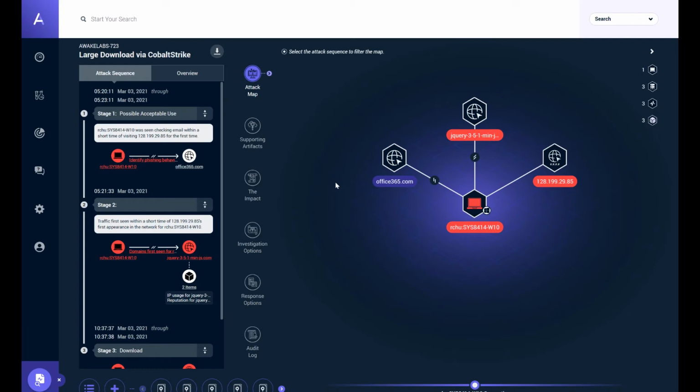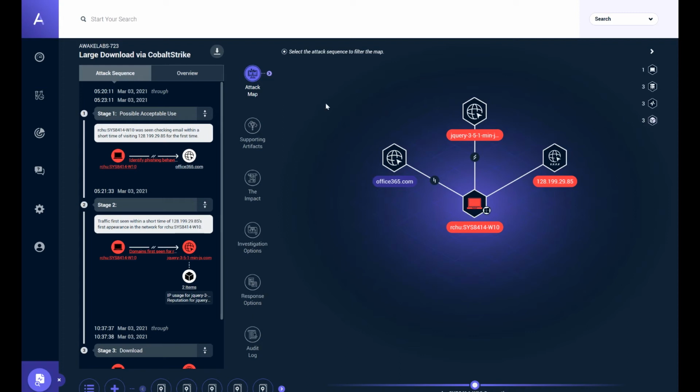So Awake is ultimately a full packet capture system. We record all the traffic, and it's just layers upon layers of analytics and AI and data science and other techniques right on top of that, which is ultimately what you're going to see here. But the reality is you should not really ever need to get down into the packet data. But we will. We'll show that here.